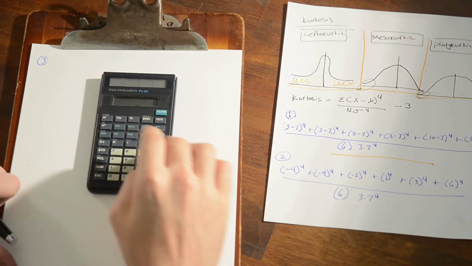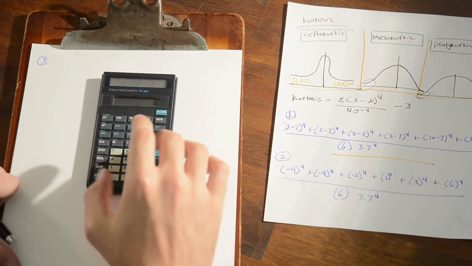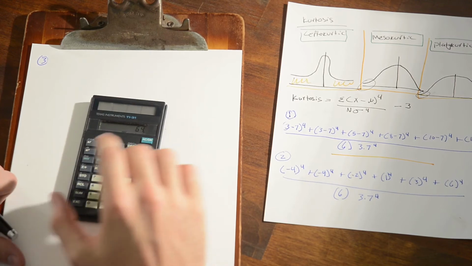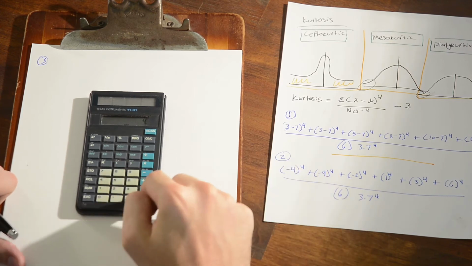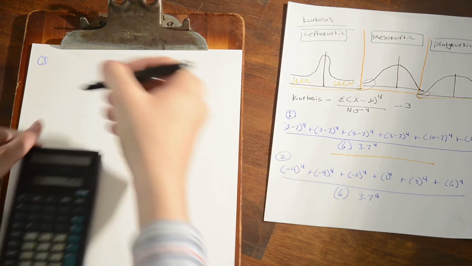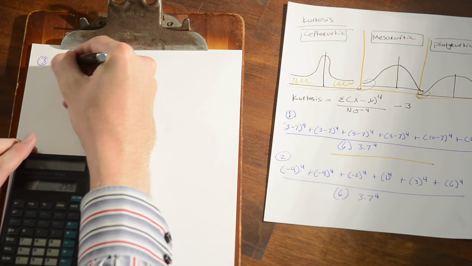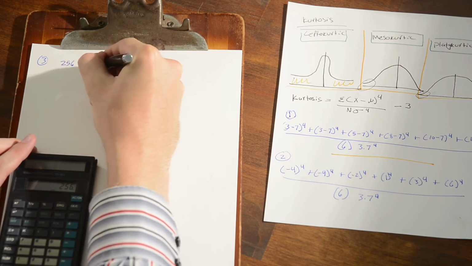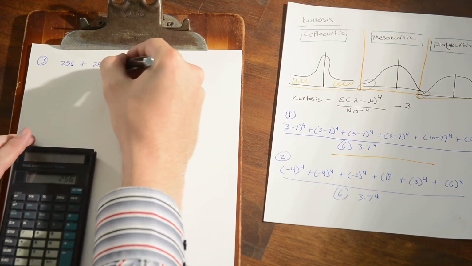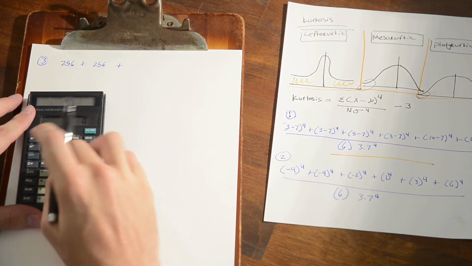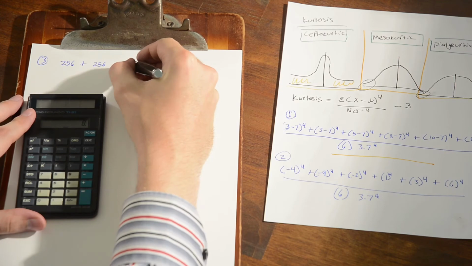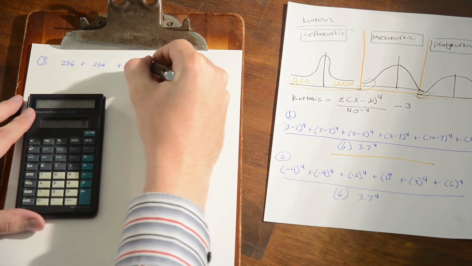So I'm going to have 64 times 4 is equal to 256, plus 256, because those numbers repeat, plus, well, we had 8, so 8 times 2 is 16. We'll skip the calculator for that. Plus 1